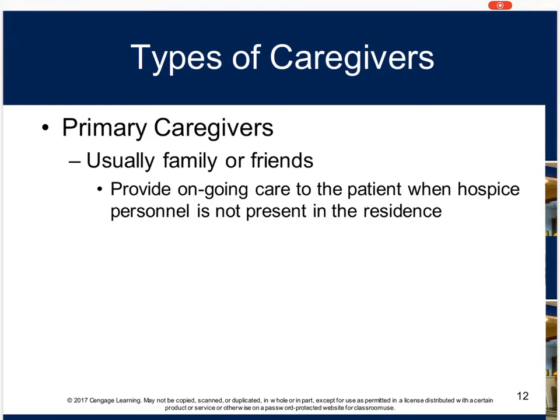So, members of the patient's interdisciplinary group visit the patient a few times per week, possibly more, depending on the patient's condition. Representatives from the interdisciplinary group are not with the patient 24 hours a day, which requires primary caregivers to be taught how to give treatments, medications, baths, and to watch for changes in the patient's condition.